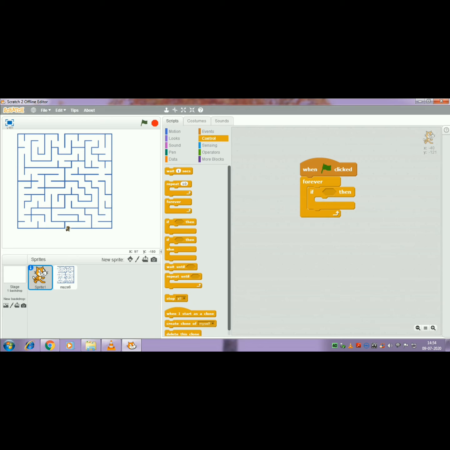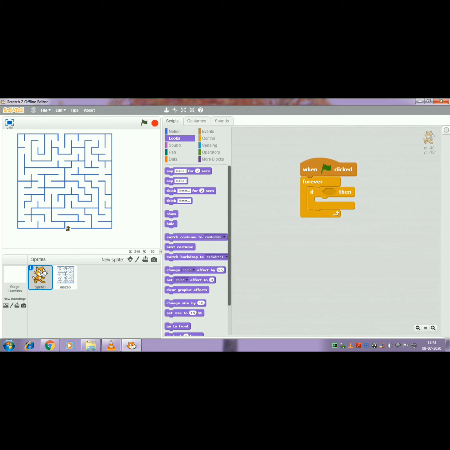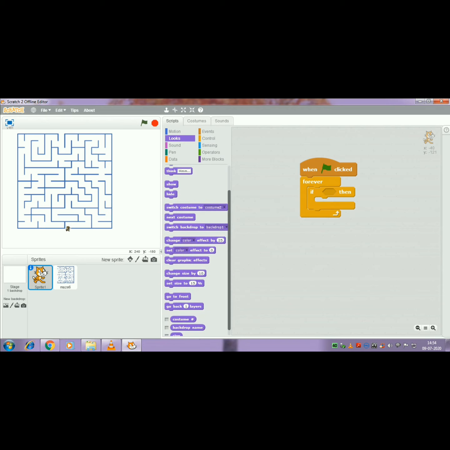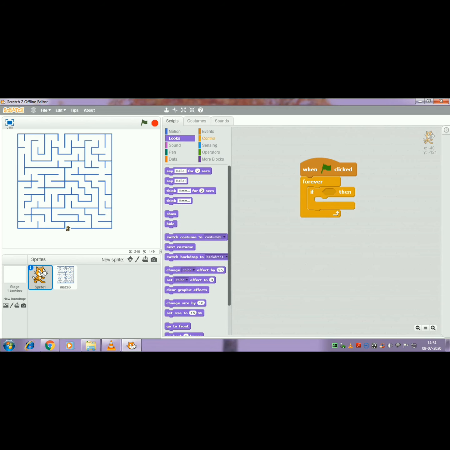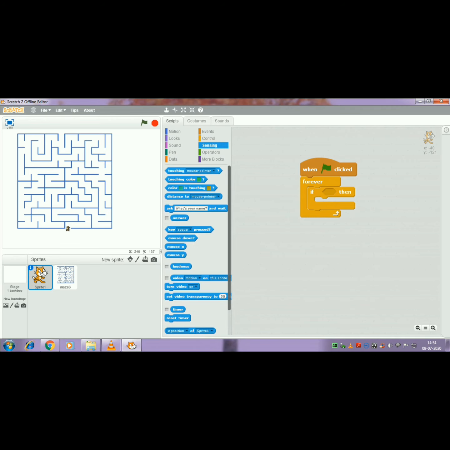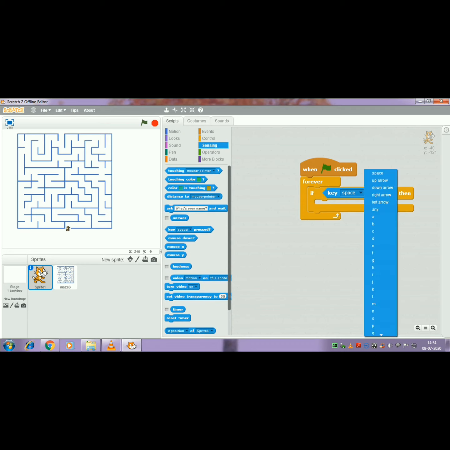Children, you have to memorize all the categories available and all the blocks present in the Scratch editor. Then only you can select easily. So what I did, under the sensing category the key pressed option is there, and I inserted it now.